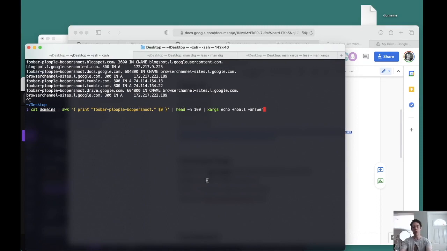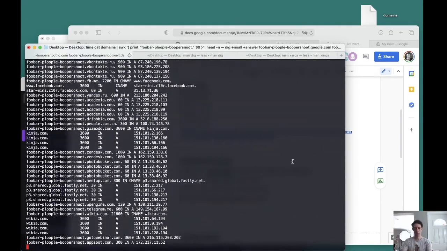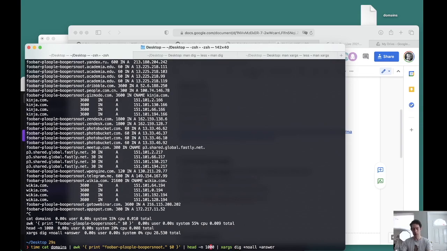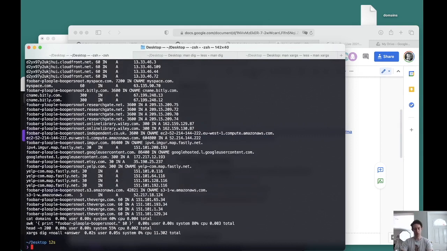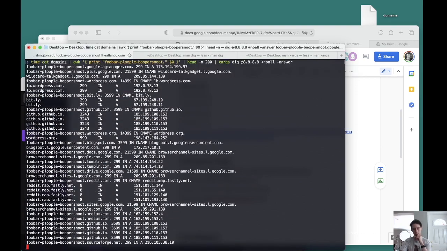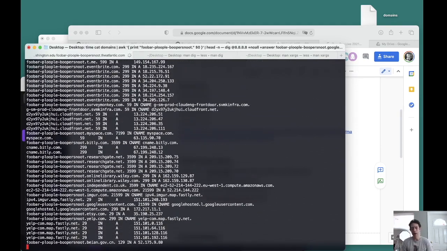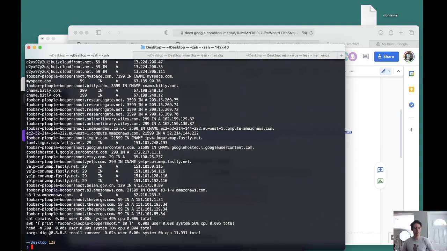Let's take, how long would it take to run 100, let's do 1,000, through my domain server, which is Verizon. That's going to be too slow. So let's even try 200. Okay, 12 seconds. So 12 seconds times 10,000 is going to be too long for this. We need something faster than that. Let's try the Google domain server. Anybody know any other DNS servers that might be faster than Google?